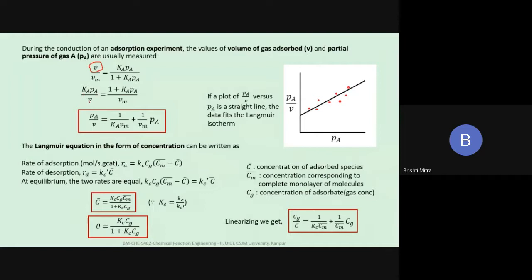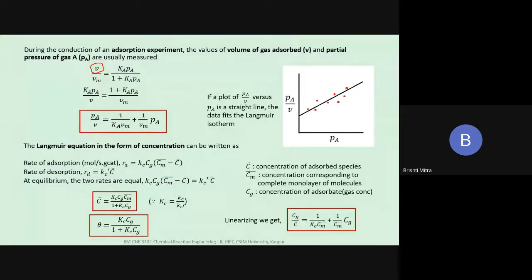This is KAPA by PV. So now I take this KA term to the right hand side, and what do I have on the left hand side? That is PA by V is equal to 1 by KA into Vm plus 1 by Vm into PA, and KA again cancels out when I get it to the denominator, in terms of partial pressure. So Vm is the volume that is occupied at monolayer. This is a constant value. Ka is my adsorption constant, which is also a constant value. And Vm, of course, I told you earlier, is a constant. So the variables are PA by V, and on this side, the variable is PA.